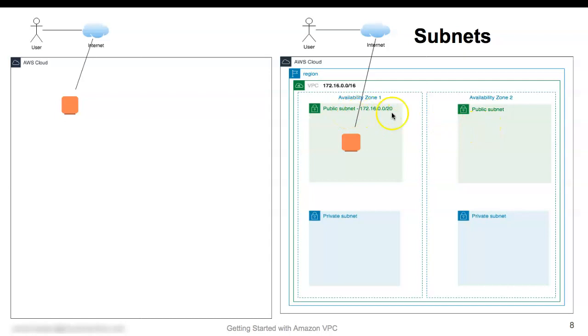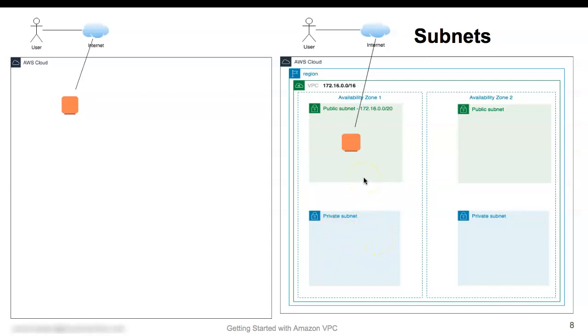And you will see there are 2 subnets which are named as public subnet and 2 subnets which are named as private subnet. So typically, if you have a web application or FTP server, then you will be launching your EC2 instance in the public subnet. Public subnet is simply put, the servers which are running in the public subnet can be accessed from the user over the internet. But if you are having a database, then you don't want that database to be running over here, but you can run in the private subnet.